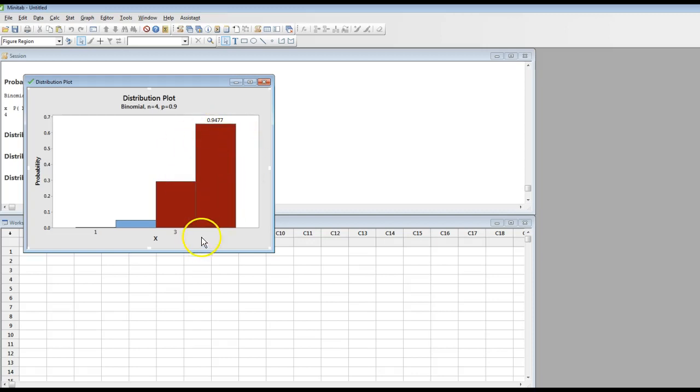For any sort of binomial distribution calculation, it doesn't matter what the problem is asking for, the mean is always going to be n, the number of trials, multiplied by the probability you calculated, and the variance is going to be the number of trials multiplied by the probability you calculated multiplied by 1 minus p, which is